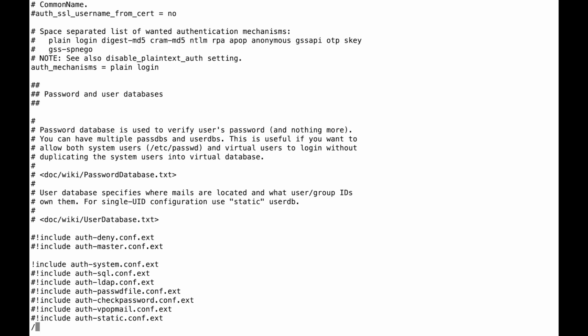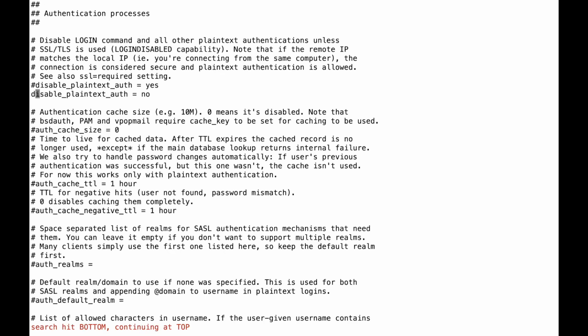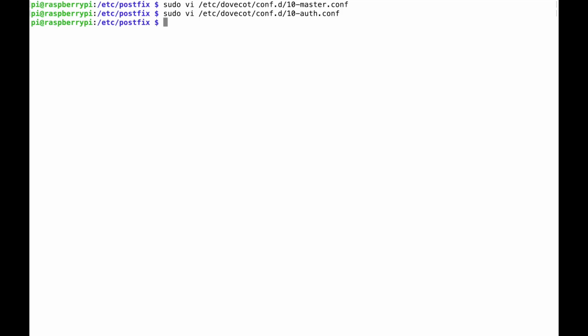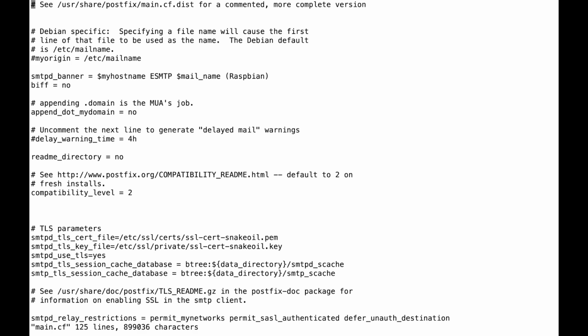So I want to allow plain text. So disable plain text auth, no. This will keep you from forcing. You can use plain text. It's very important. Okay, now we are in /etc/postfix, and we're going to sudo vi main.cf, and in